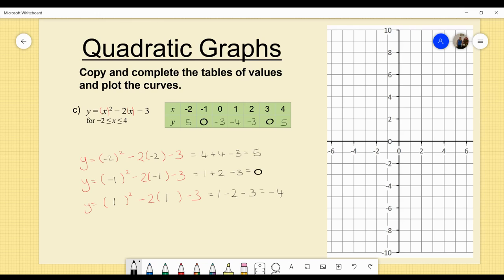And then you want to be able to plot them. Okay, so this time when we're plotting it, minus 2 along and 5 high, minus 1 along and 0, 0 and minus 3. We then have 1 and minus 4, 2 and minus 3, 3 and 0, and 4 and 5. Okay, so again, I'm going to start down here just so I can get this nice smooth curve at the bottom. And go up, making sure that my line goes through